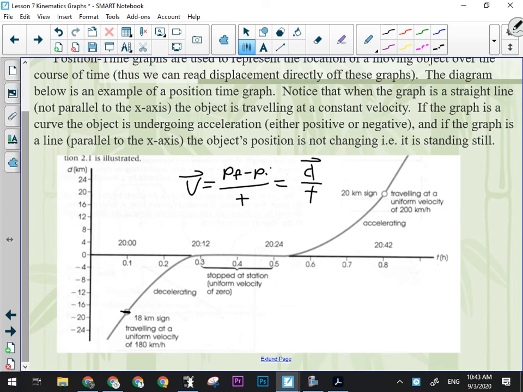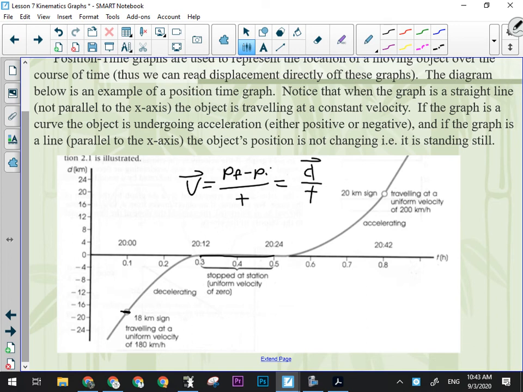Let me ask that a different way, because now that I hear that in my head, it sounds confusing. What's the object doing here where the line is flat? Stopping. It's stopped, okay? Because if the line's flat, the position, which is on the y-axis, is no longer changing. So if I go from a line that's diagonal to a line that is now flattening, that means that it's going